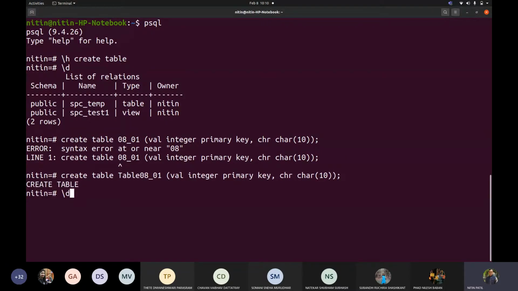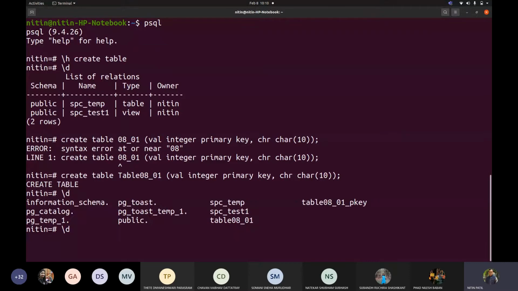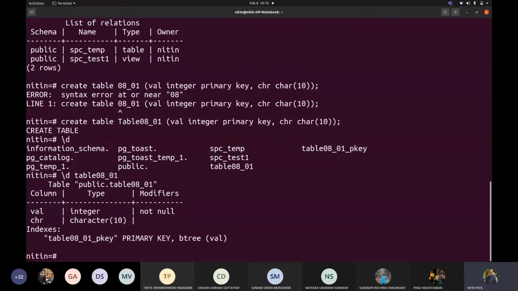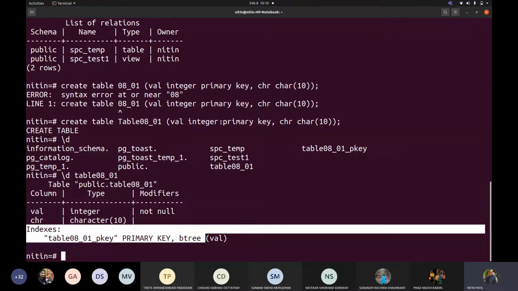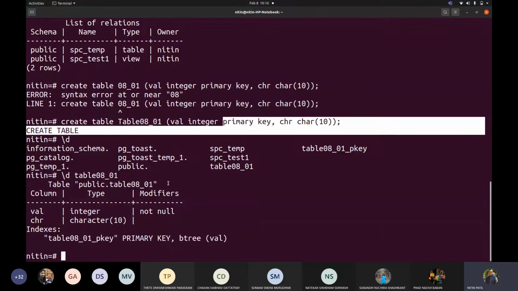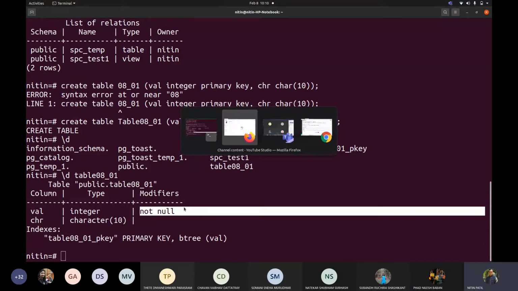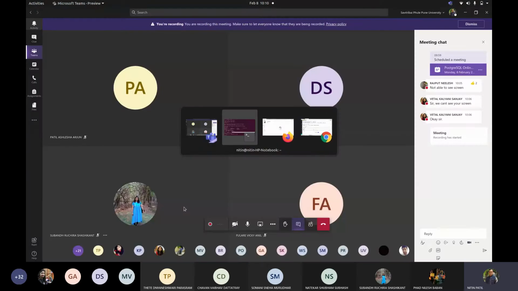Fine. Now when I add this, you try to see what exactly happened. I can see that there is an index added, and as I specified this as a primary key, ultimately it is applying this not null kind of thing.